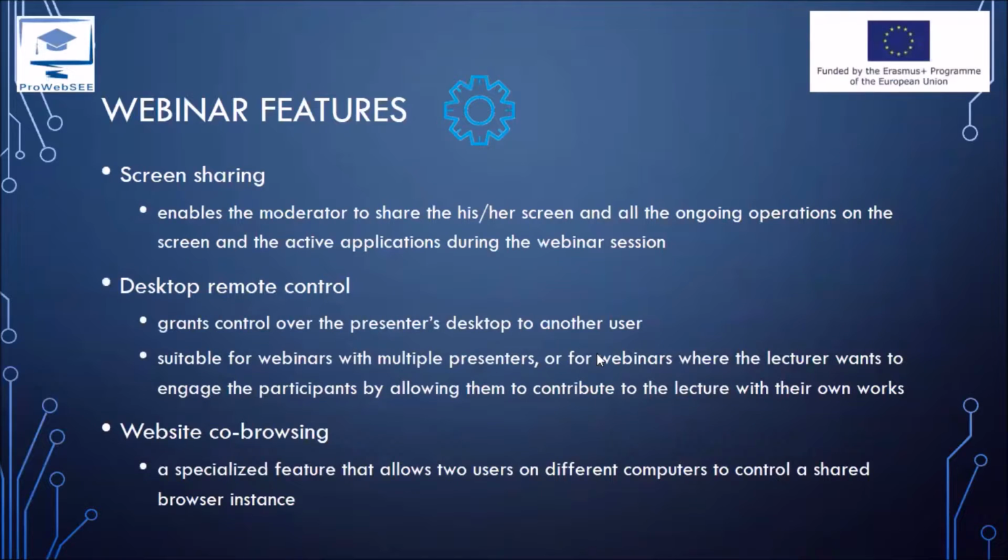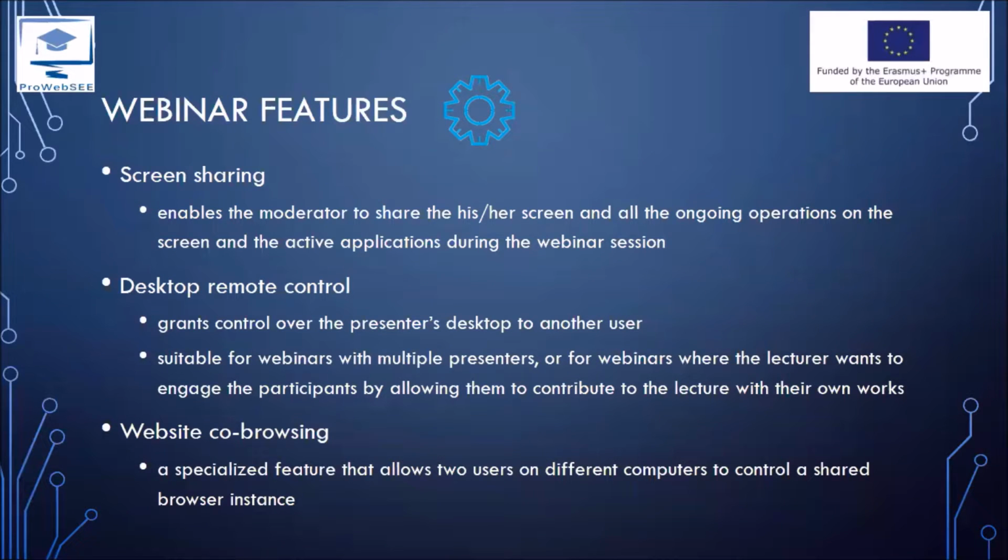Screen sharing is what we're doing at the moment. I'm sharing my presentation with all of you. Screen sharing is a feature that enables the moderator to share his or her screen and all the ongoing operations on the screen, as well as all the active applications during the webinar session.